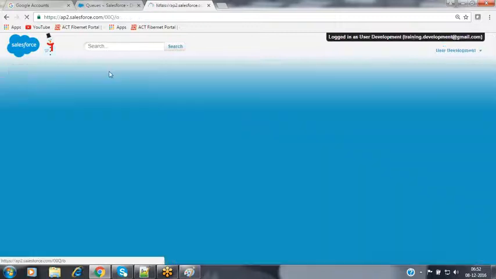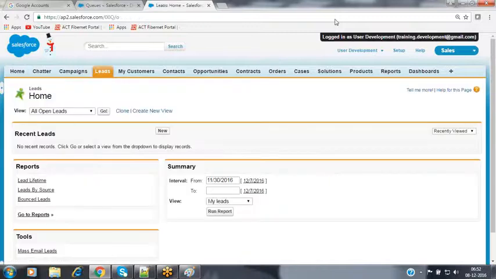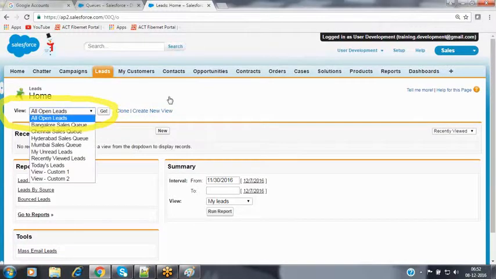When you go to the lead object, automatically inside this lookup, inside this particular picklist values, it will be populating that queue name also by default to you. Because for whatever queues you are a member, all those queue names will be populated automatically inside this enhanced list view. No need to add that list view option manually. This will be added by default to you over here. So now let's observe this one. When you expand that, it is going to populate some information to you, like Bangalore sales queue, Chennai sales queue, Hyderabad sales queue, Mumbai sales queue.